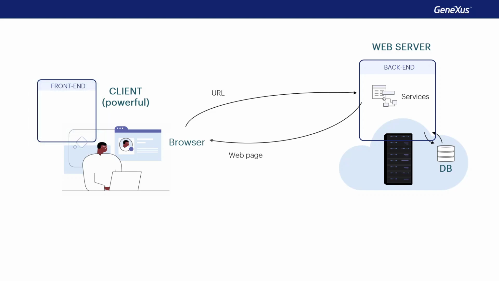In the client, there are three distinct layers: business logic, communications with the server, and the part that takes care of drawing the screen in the browser. With this scheme, most of the functions are performed on the client, and the server's only access to request data from the database or modify it, and other resources provided by services. This type of customer-facing applications that require a powerful client in order to deliver a high level of user experience and interactivity are more recent than the responsive applications we saw earlier.